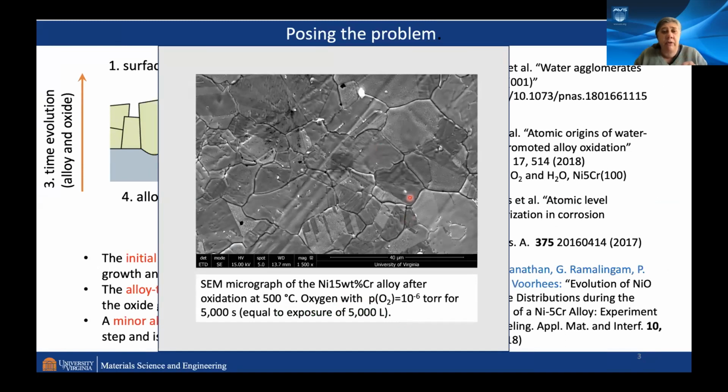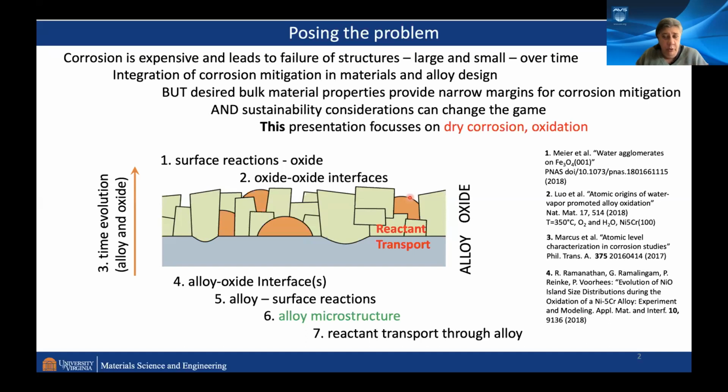And you can see the grain boundaries, you see the grain shapes. So microstructure is generally not considered in most surface science studies, but it can have a significant impact on the corrosion performance. And one reason for that is that the transport of reactants plays a role. And that's not just, if we just think about single crystals, that transport is just on one very well-defined, meticulously prepared surface. In the real world, the transport of reactants in the alloy as well as through the oxide plays a significant role and is coupled to the processes which play out at the surfaces and interfaces.